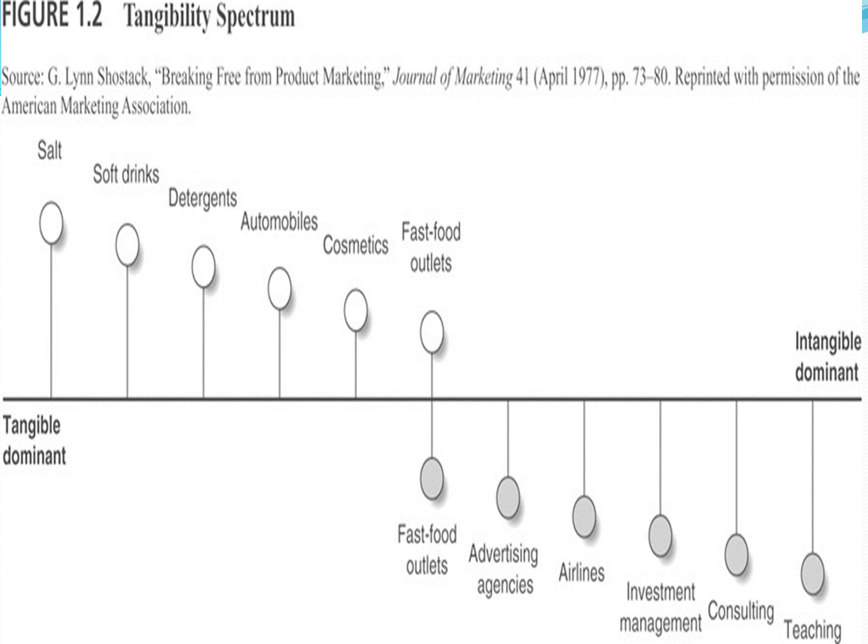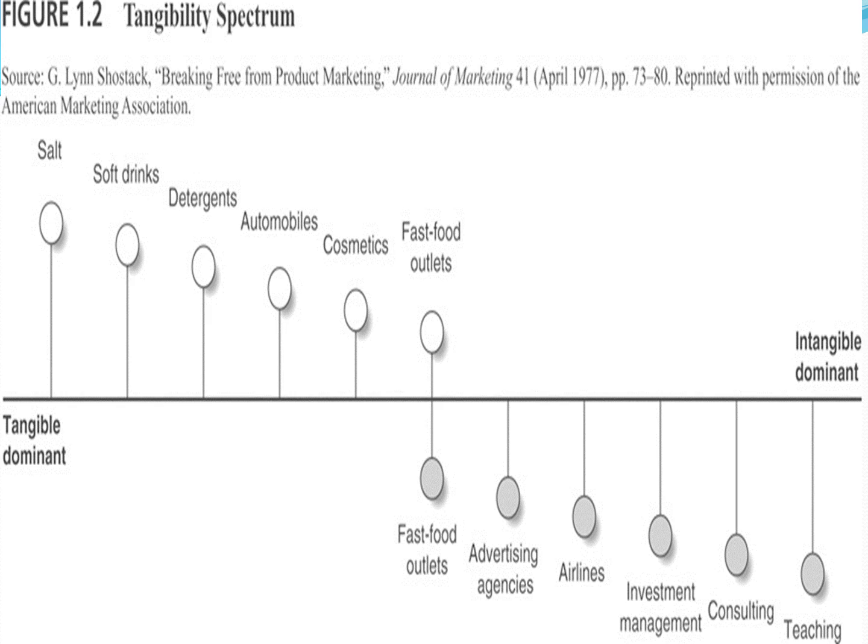And when we look at the products spectrum, we consume a lot of products and services every day. When we divide these products, in the continuum of tangibility, some are tangible dominant, some are intangible dominant. You can look here, from salt to teaching, as I'm doing now. Salt is very minimal service, right? What apart from the product attributes, there is absolutely